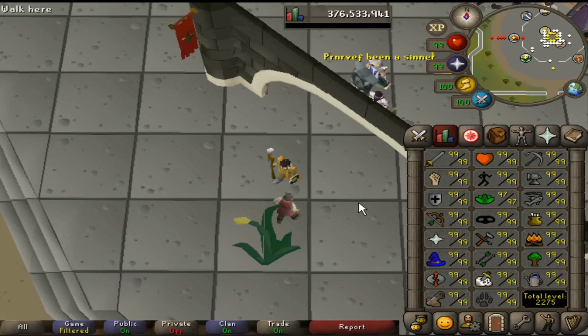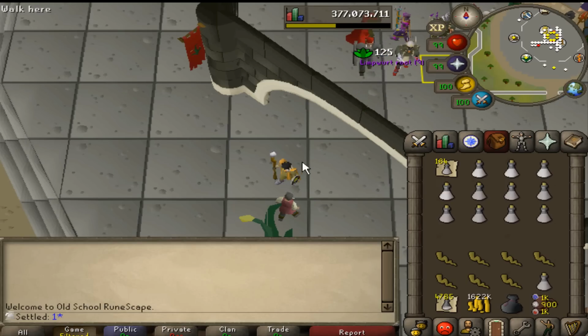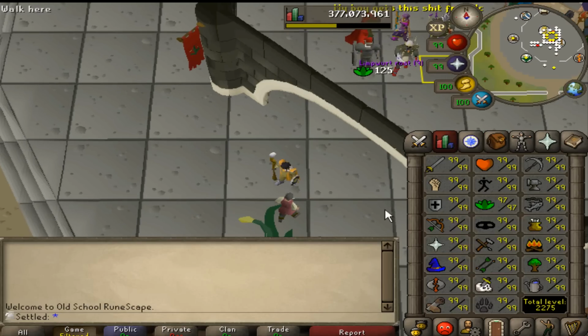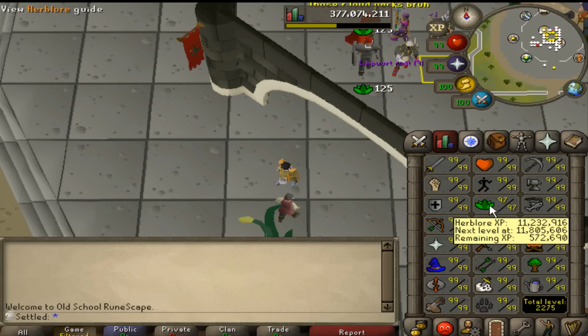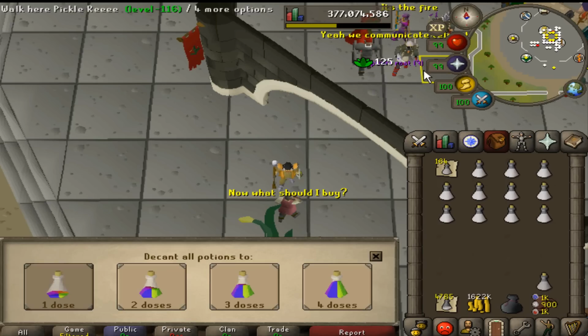I'm almost done with these super defenses as well, so got about half of them to go, and then we're on to super strengths. Alright, this is going to be the final stretch of the super strength pots, and after this I can make super combats. I'm only 570k away from 98, so the super combats are going to be putting me pretty close to that,